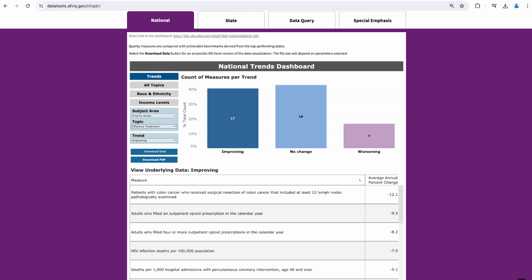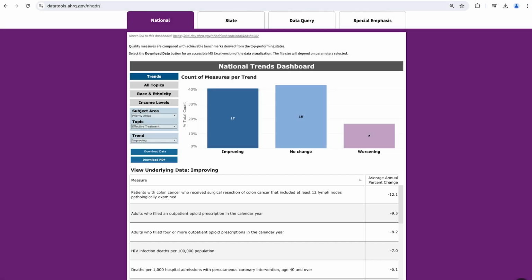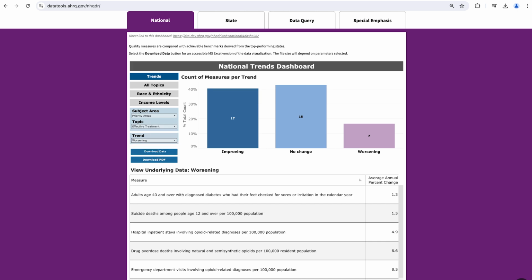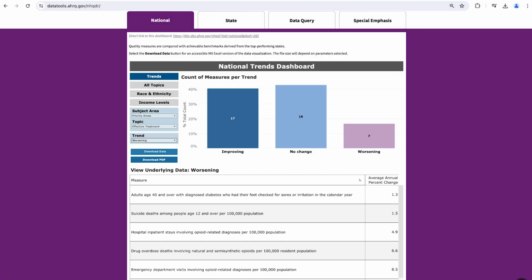The bar graph changes to display counts of effective treatment measures by improving, no change, and worsening trends. Under the graph, you'll find a data table containing effective treatment measures showing improvement. To learn more about the measures with worsening trends, change the trend filter to Worsening. The data table changes to display measures with worsening trend. You can download the data shown in the data table by clicking the Download Data button below the filters. When you open the file downloaded, you'll find the data displayed in the table along with supplemental information like the